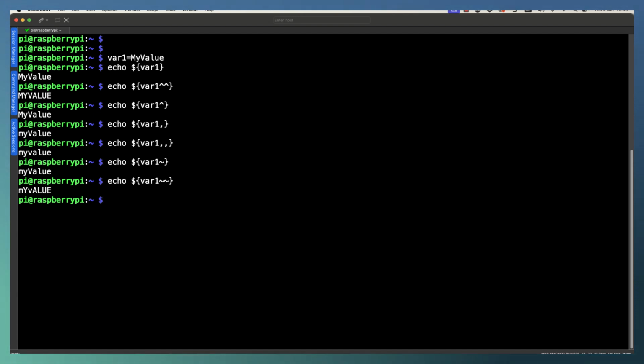Now, of course, we're not actually changing the value of what's stored in the variable, and this is then really useful because we might want to maintain the actual value stored in mixed case, because maybe we're writing that through to a configuration file and it's easier to read in mixed case. But if we want to compare it to an existing setting, well, that setting might be displayed by the server in just lowercase or just uppercase. So it becomes a very easy way we can compare our values to what's stored within our system.